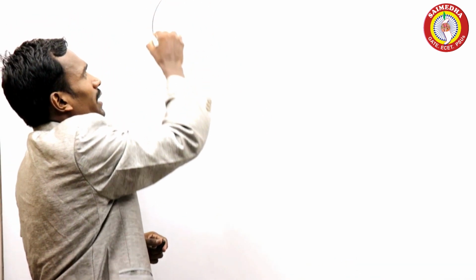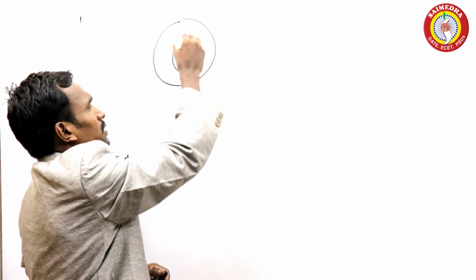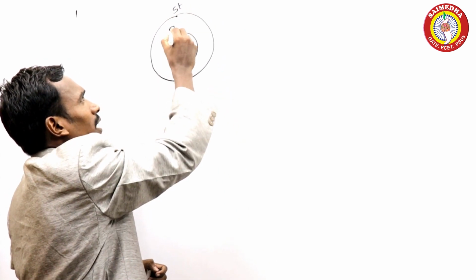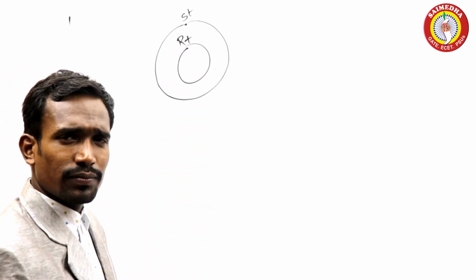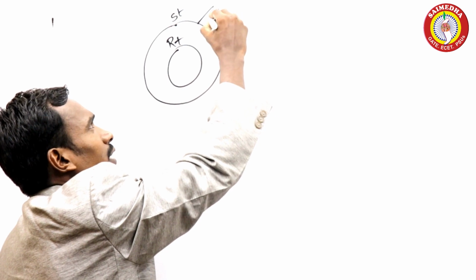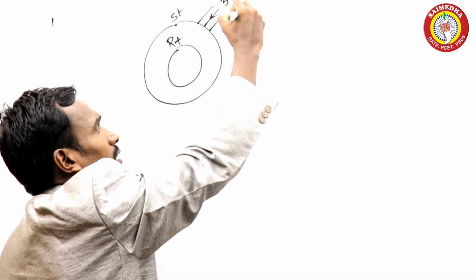Okay, next very important concept: rotating magnetic field. I already told you, I already initialized you. Generally, in our AC machines, we have two parts. One is called the stator and the other one is called the rotor. When three-phase AC supply is given to the stator,